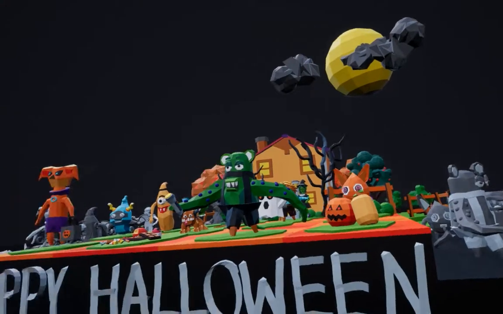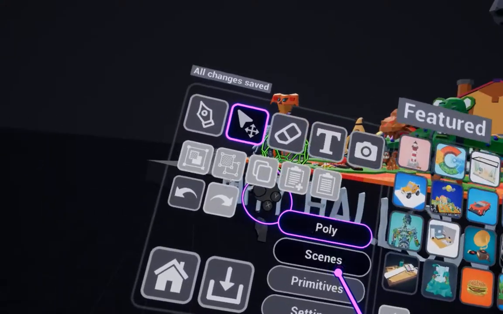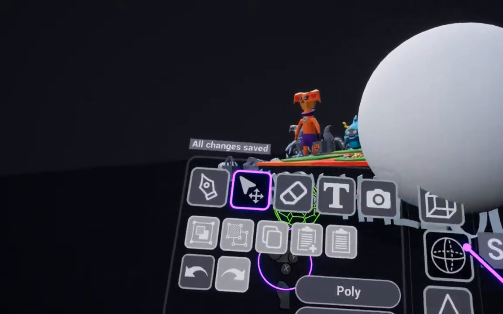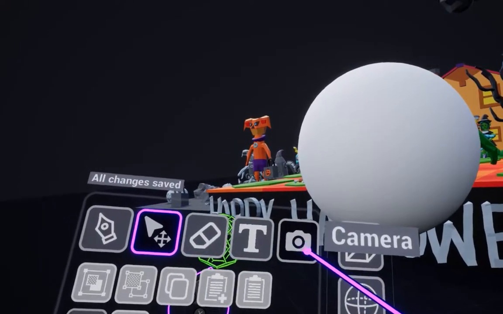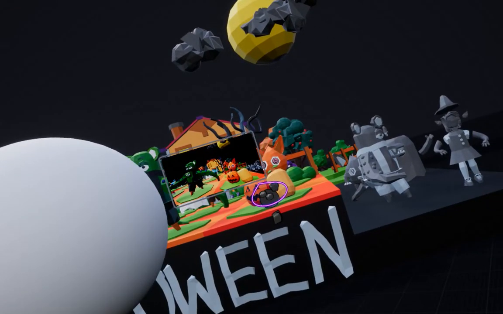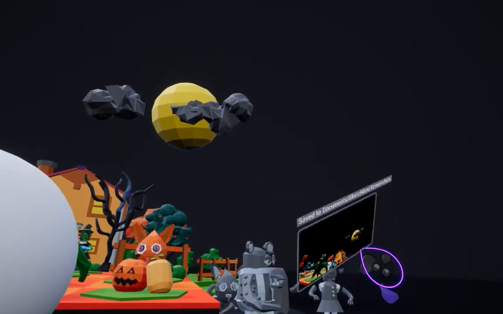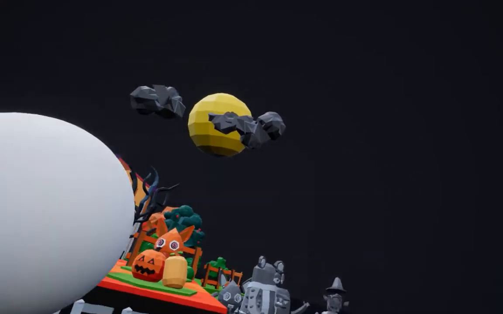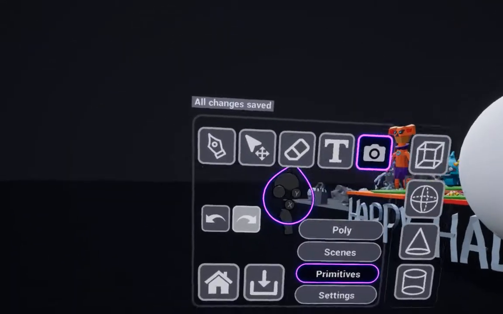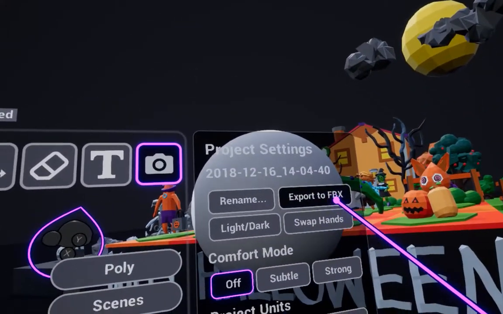You can scale them, you can animate them, you can export them, because we have scenes, we have primitives, let's say spheres that you can work with, you can color them, you can have cameras that you can take an image with. Let's see, how do I look? Okay, so I took an image myself. I don't think there's going to be a shape of me. And then of course settings, you can export to FBX,